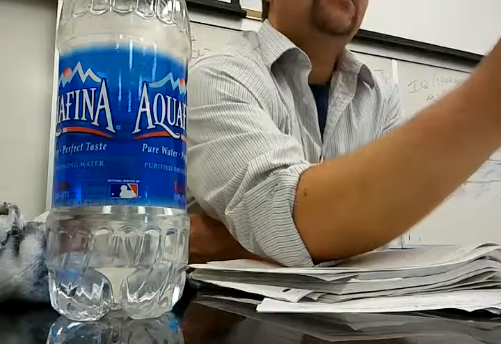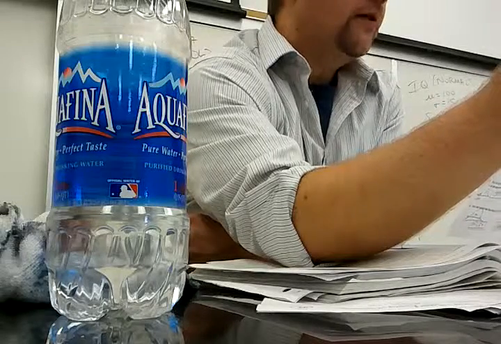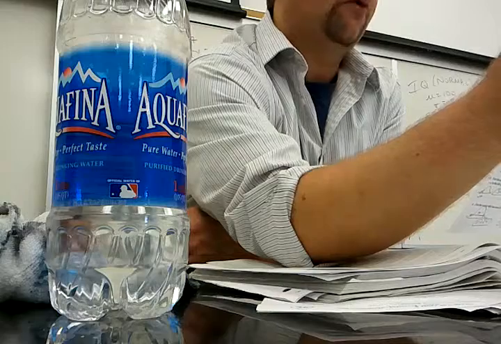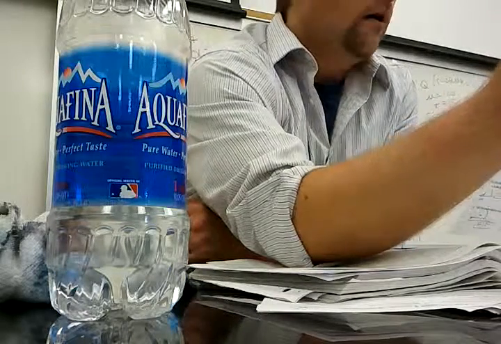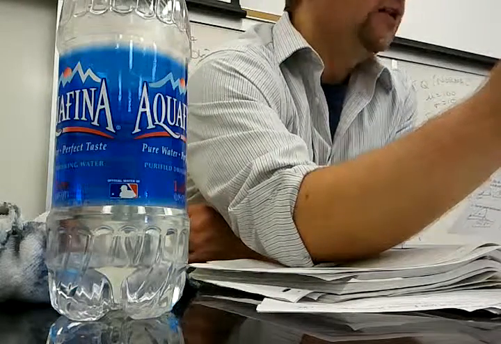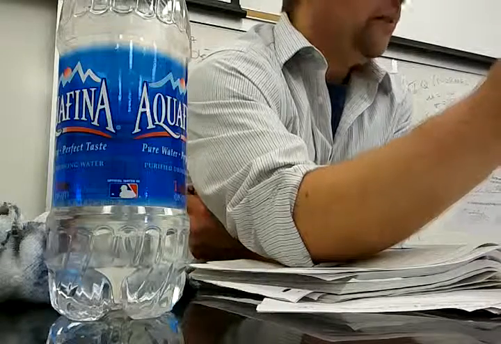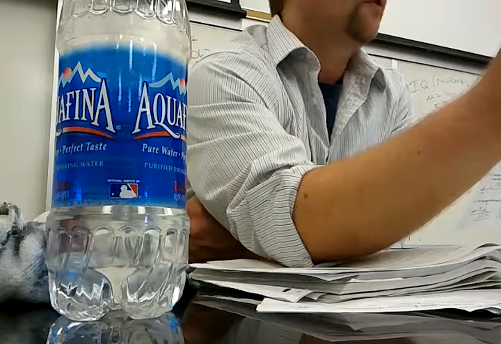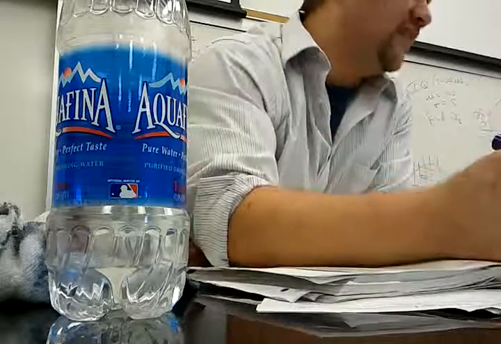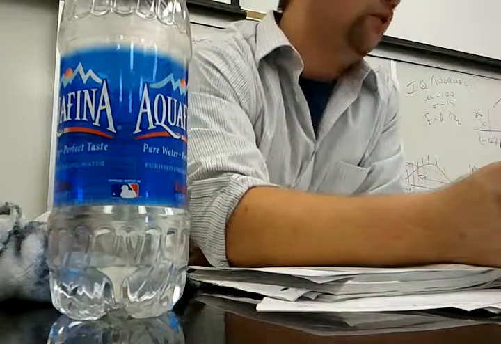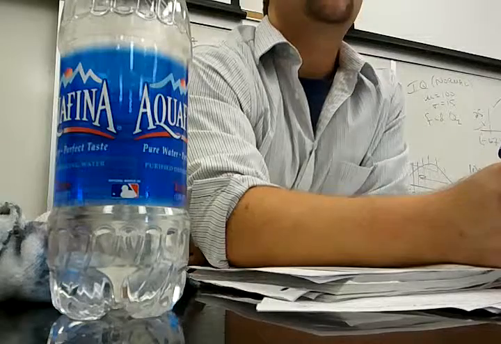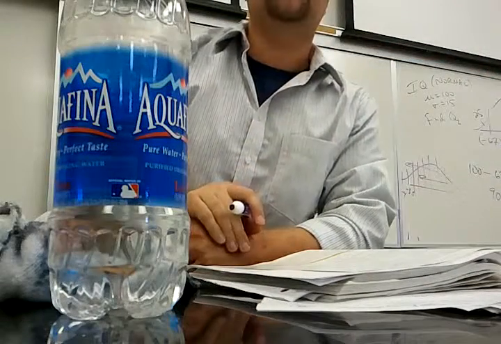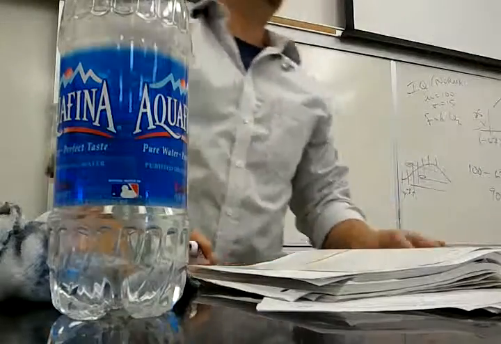I've asked this kind of question before. Part B says, if 2,000 students are selected, how many would be expected to have a test score greater than 315? How do I calculate that? Well, I already did the work. Number 1 on part A says the probability that X is greater than 315. That's the percentage of all students who would be greater than 315. So I would just take that percentage times the number, N times P, right? The mistake some